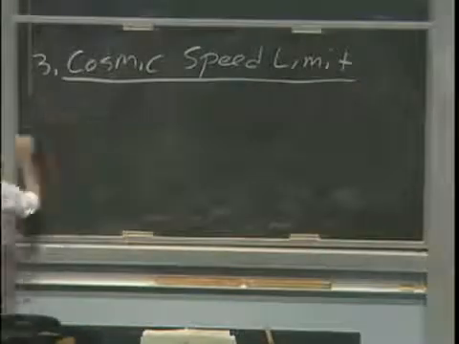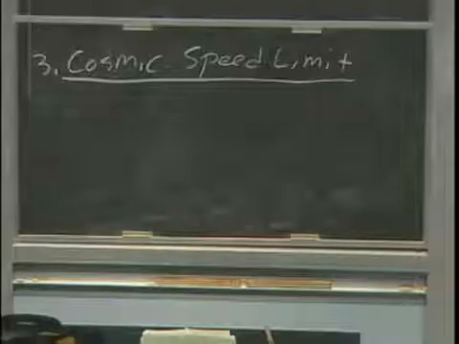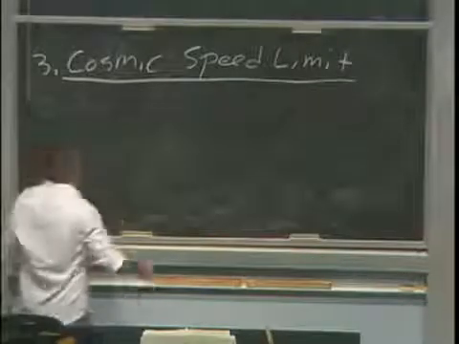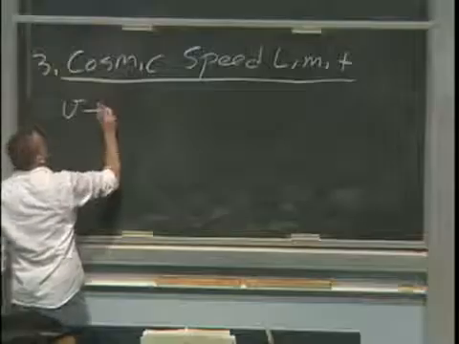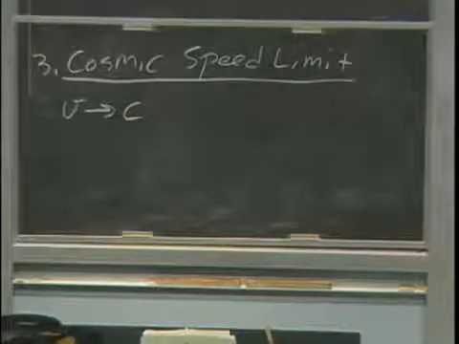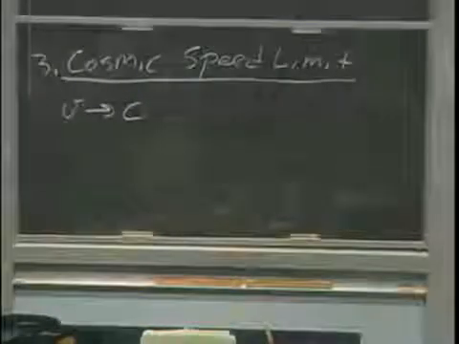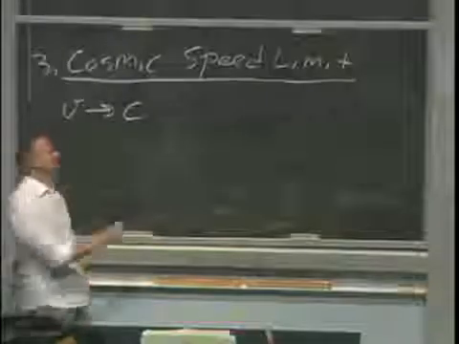This is a prediction that nothing with a mass can travel faster than the speed of light. So as the velocity of an object approaches the speed of light, so that's where this is approaching 1, this gamma factor